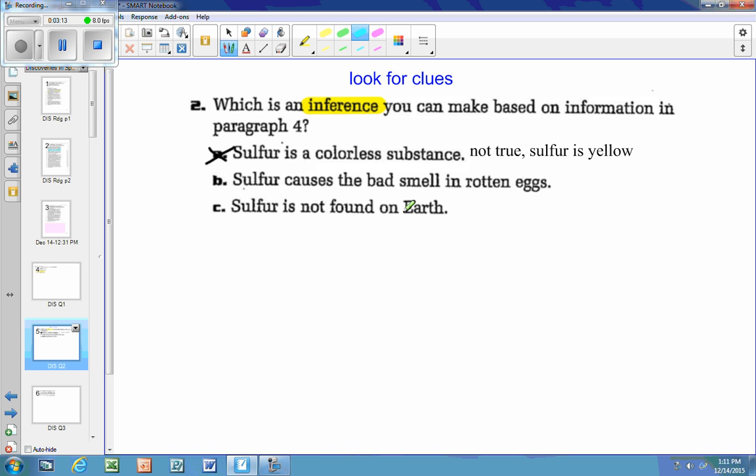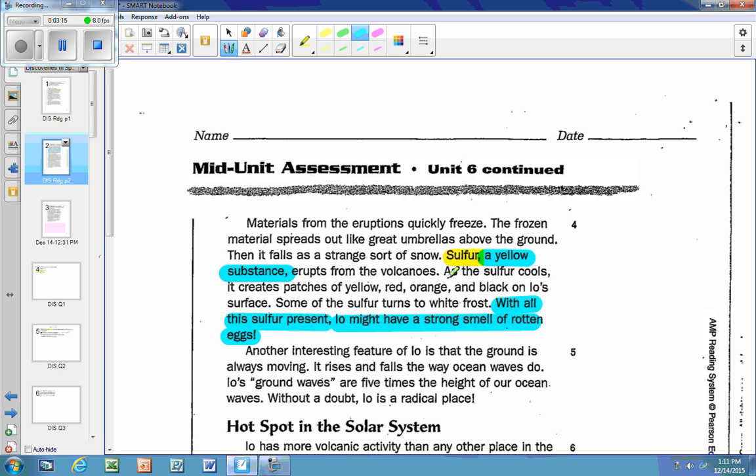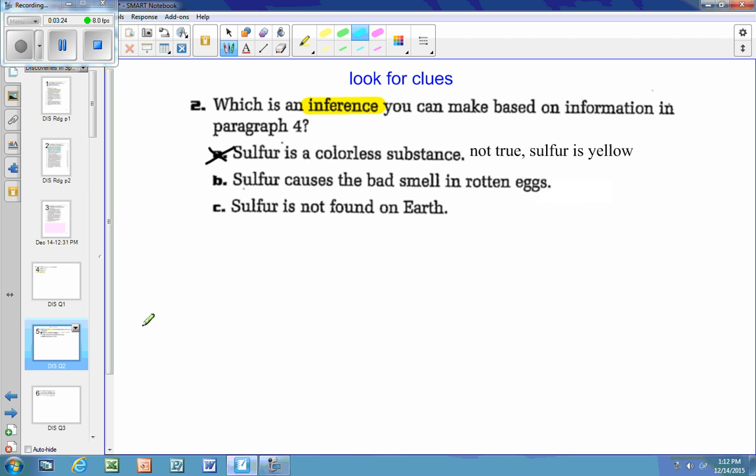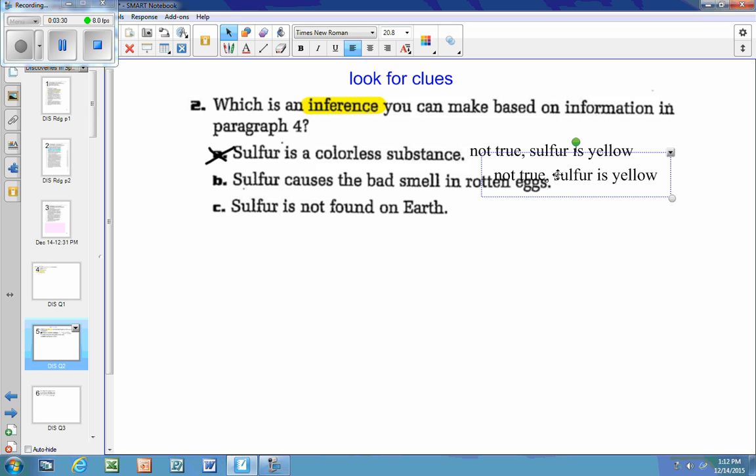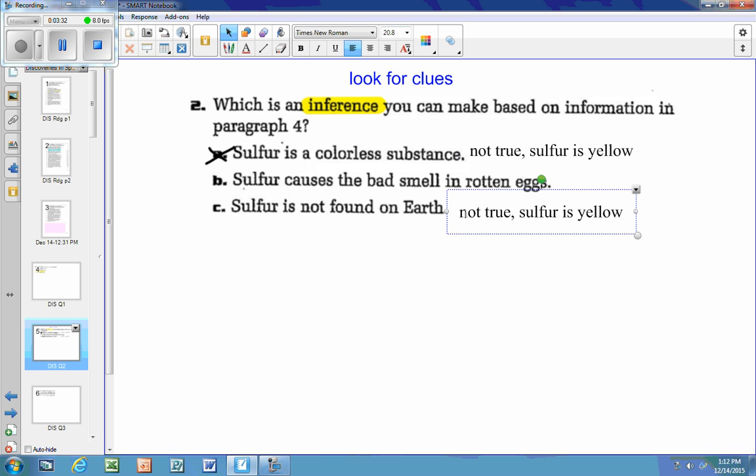Sulfur is not found on Earth. Well, it doesn't say anything here that tells me it is or isn't found on the planet. So what I will note to myself here is for letter C, there's no evidence either way.